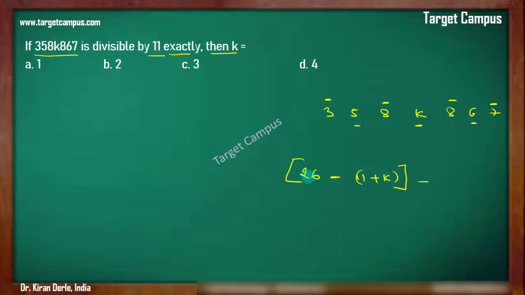Fine. So we can make it 11. Yes, the difference can be made 11. How? Let's see. 26 minus 11 is 15. Right. So this total should be 15. Trust me, this total should be 15. So k should be 4. I hope you are getting this point. So when k is 4, the difference will become 11, and if the difference is 11, then only this number will be divisible by 11 exactly, right? So the value of k should be 4. I hope you are getting this divisibility thing, right?